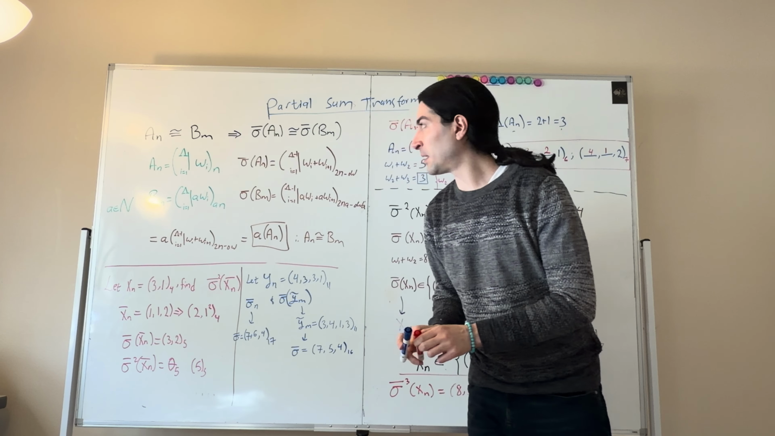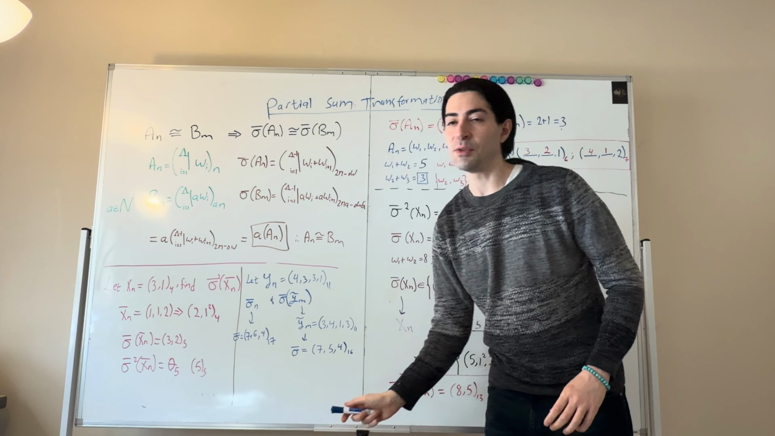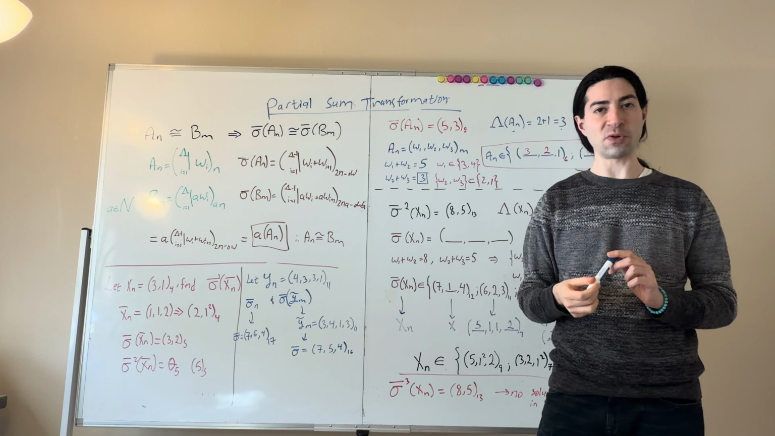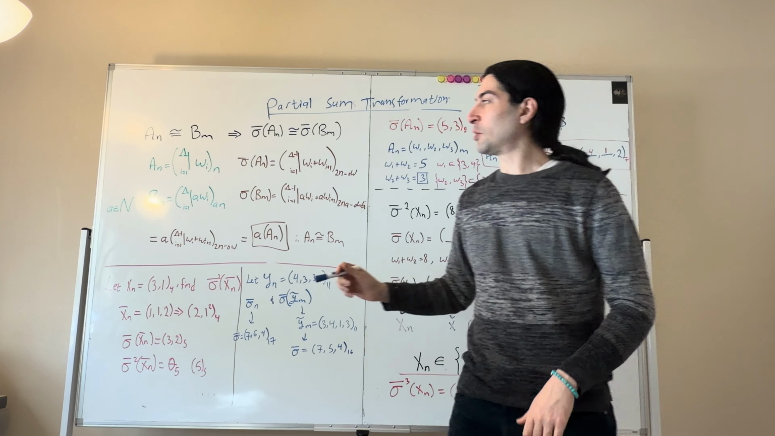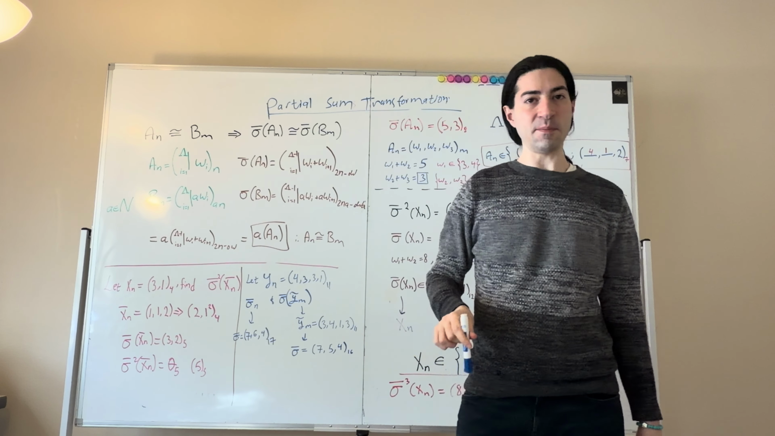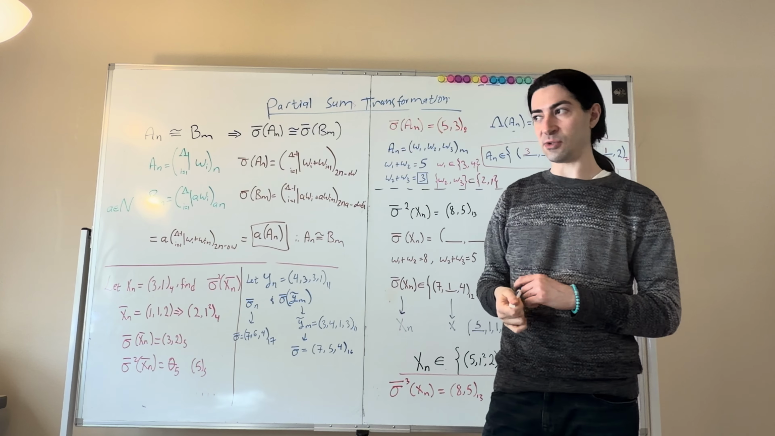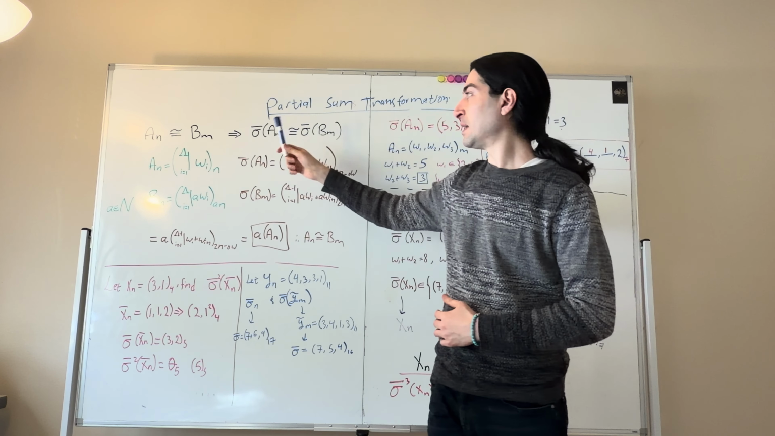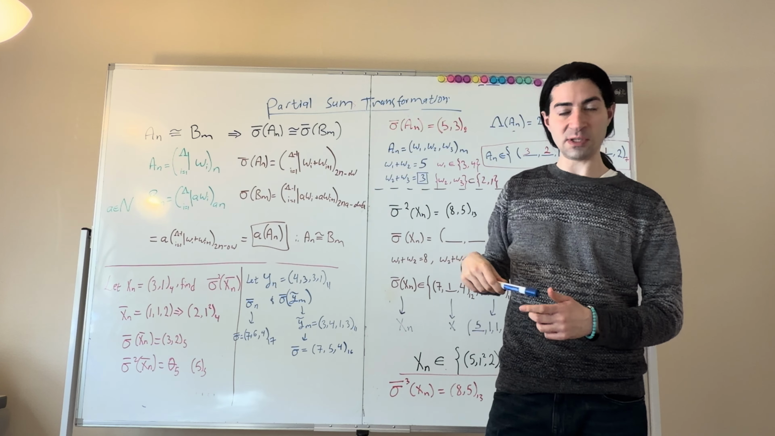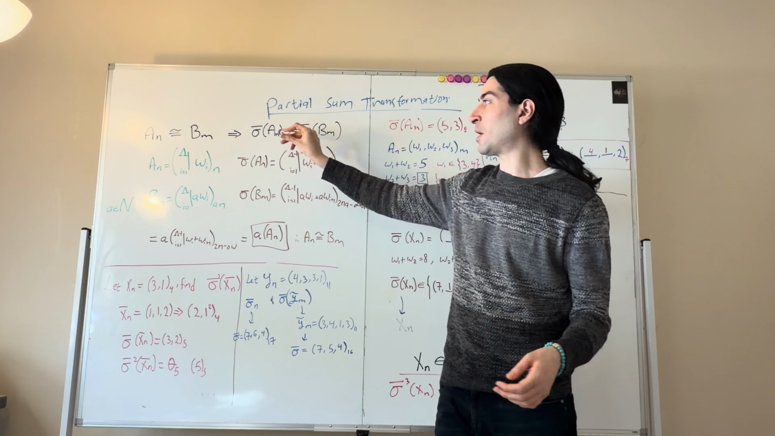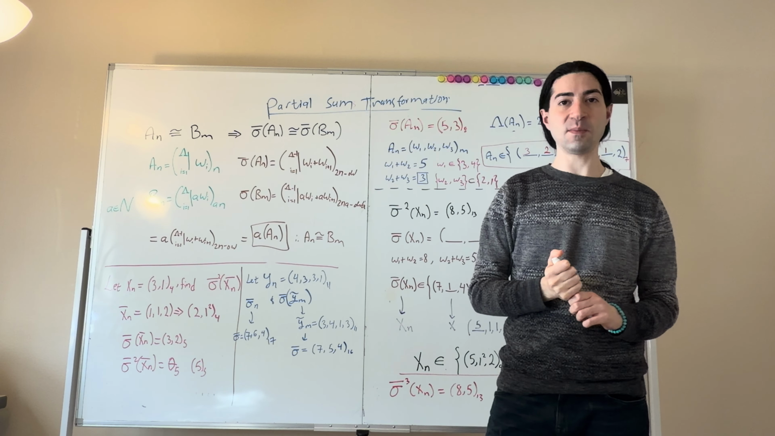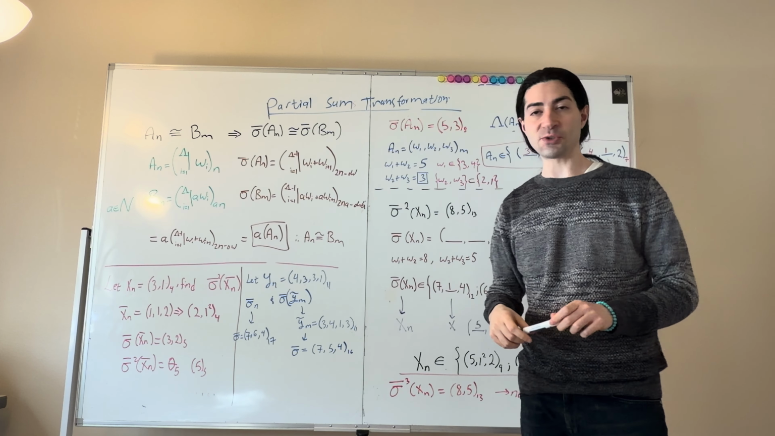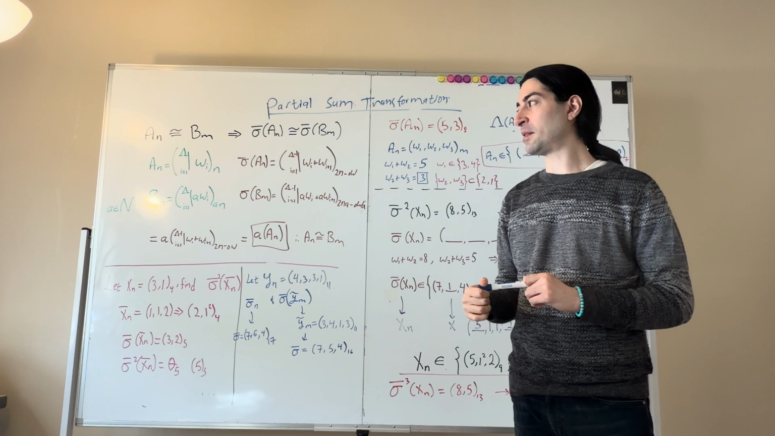The first thing I want to talk about is the relation between partial sums and isomorphic sectoral structures. So let AN and BM be two isomorphic sectoral structures. Then we propose that, where sigma bar is the partial sums transformation, sigma bar of AN is isomorphic to sigma bar of BM. To prove this, we will write the sectoral structures in their